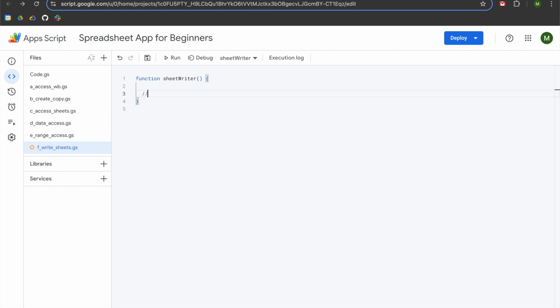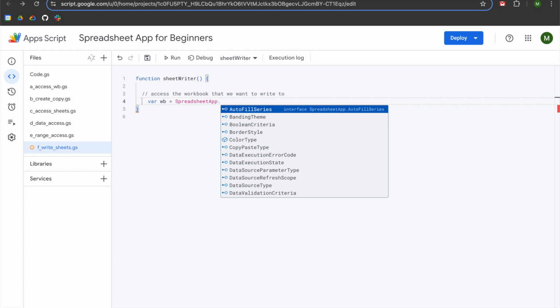We're going to select line 2. I'm going to hit enter once, add 2 slashes for a comment, and we will begin by accessing the workbook that we want to write to. So we'll hit enter and tab. We're going to declare a variable of WB, which we'll set to spreadsheet app, and then we're going to use a dot method. So you have 3 options to access a workbook. If you're using a bound app script file, which is what I am using, and you want to write to the same workbook that your app script is bound to, then you can use